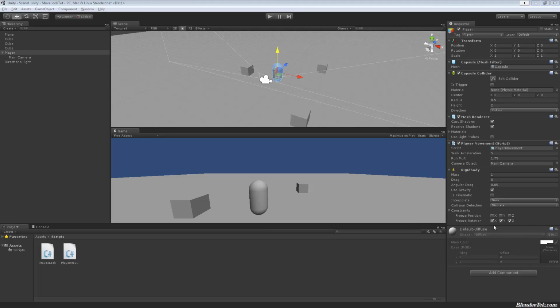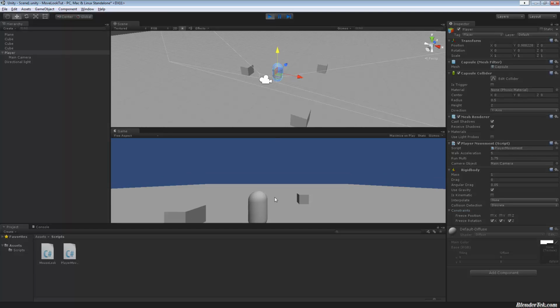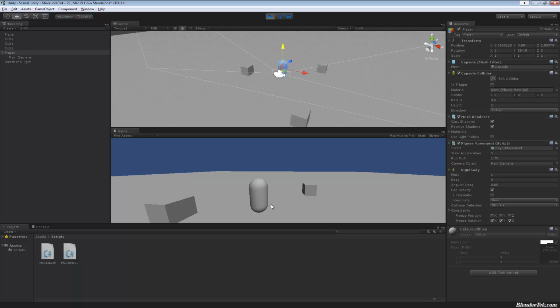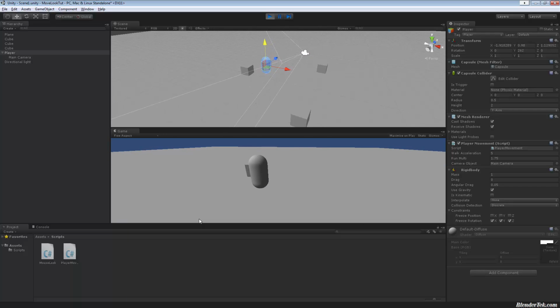Well, I'm not sure why it was so jerky, but by going to the constraints tab in the rigid body component of our player, I was able, by just checking off freeze rotation on all axes, to solve that. I don't know why that was happening. That never happened to me before. But yeah, you can see that now I can walk forward, I can walk backwards, I can go left, I can strafe, I can go right, and say I'm looking right at this box. If I press forwards, I go right towards it,